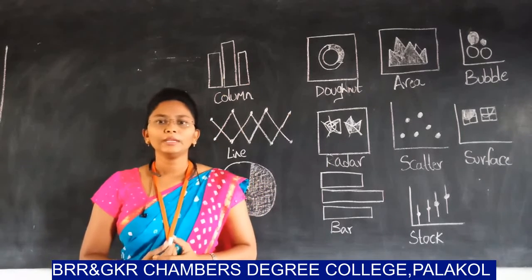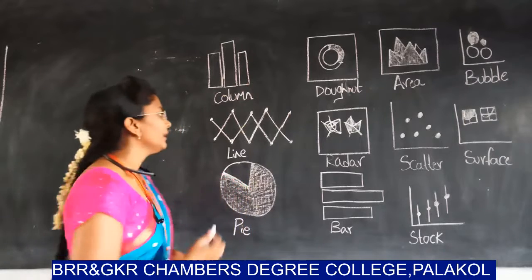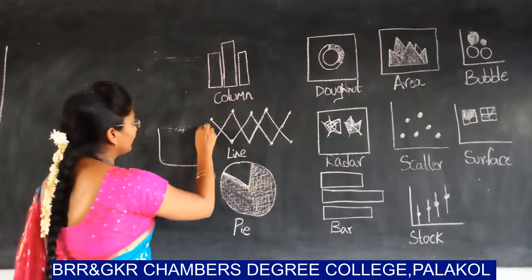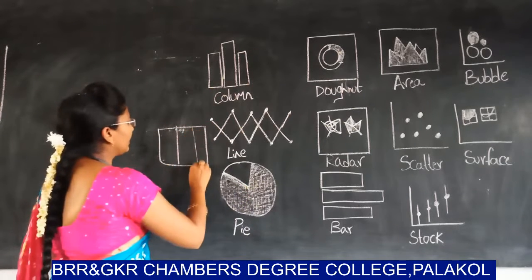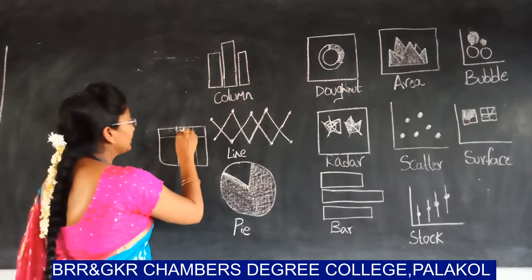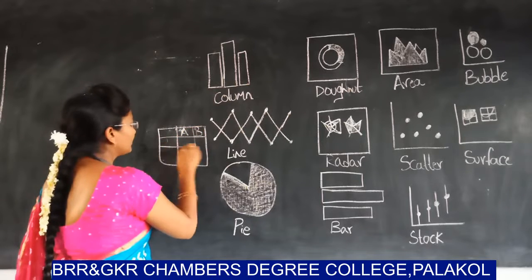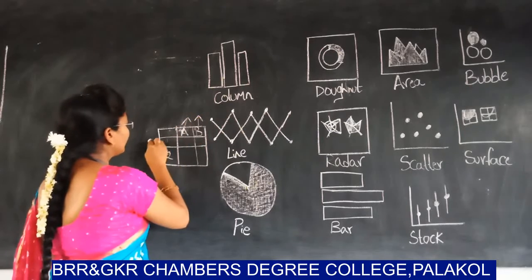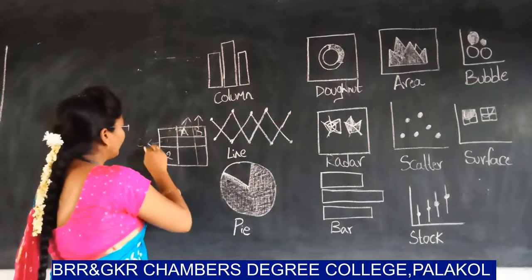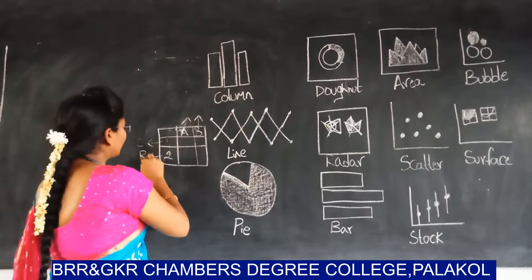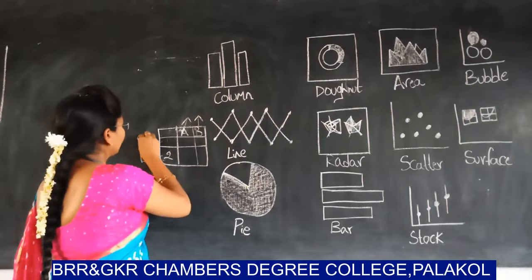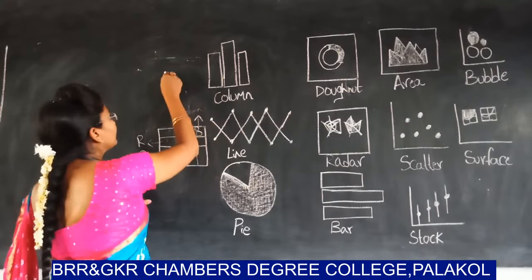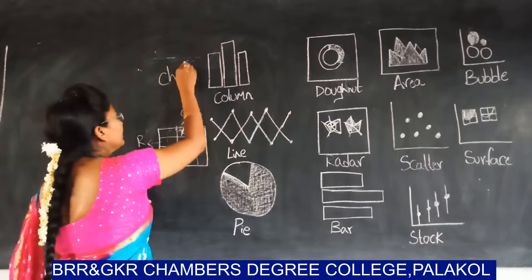Data can be in rows and columns. Here in the Excel sheet, we are taking different rows and columns. I am taking the sample Excel sheet here. This is the sample one, and this is the column and this is the rows. In Excel, we are taking the rows as well as columns. Okay. Here we are discussing the charts in the Excel sheet.